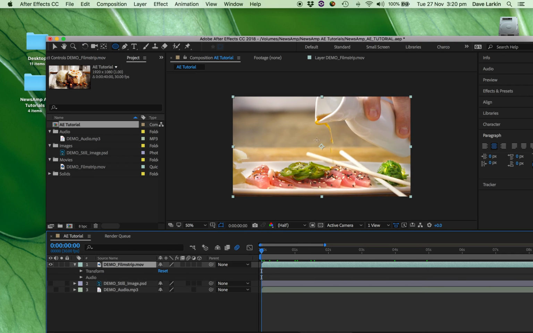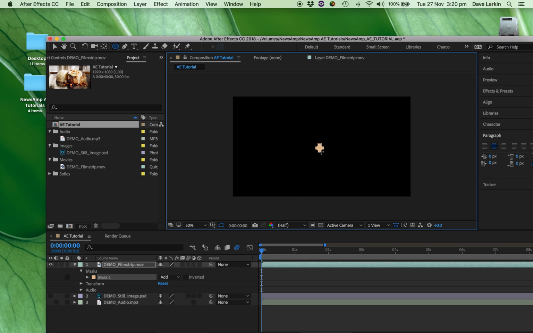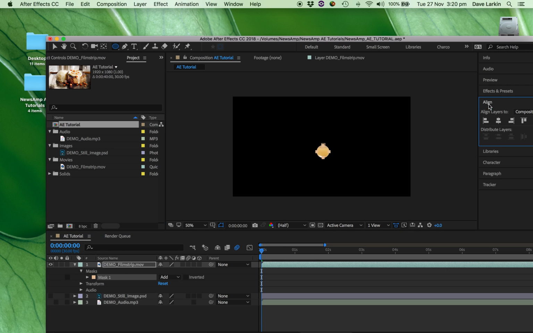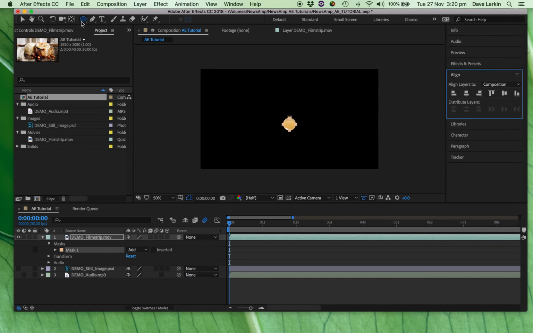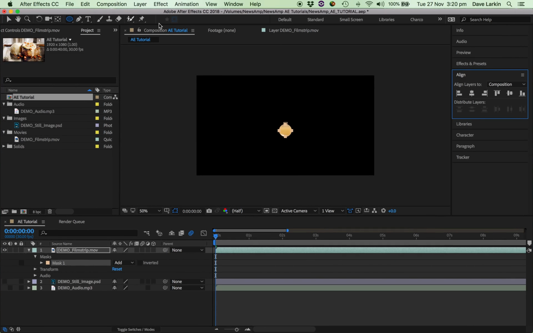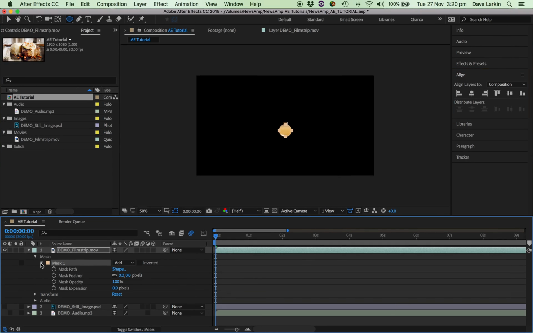You can start the first keyframe at 0. You might want the mask to be kind of there. It's a little tiny circle. Let's see if we can center that. Nice and center. Let's just get that full screen there, full bleed. That can be our first keyframe. And by 1 second we want to go